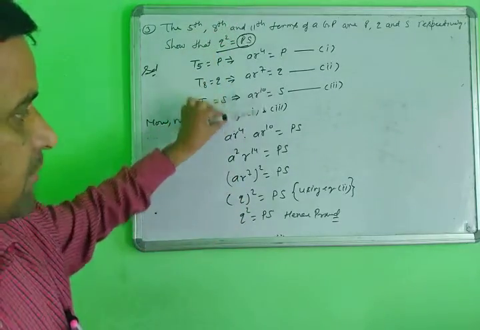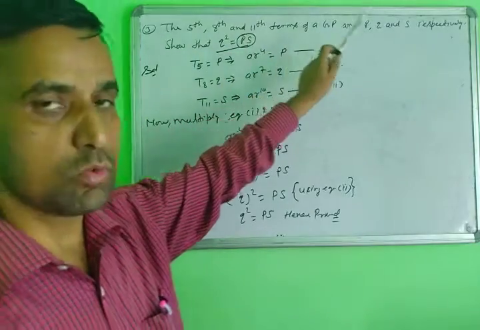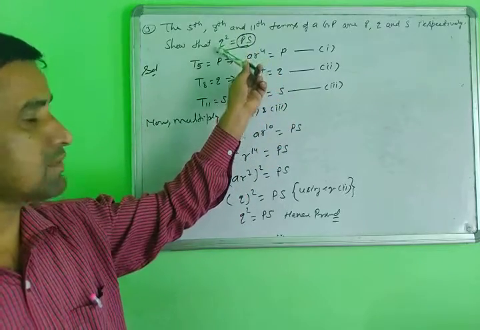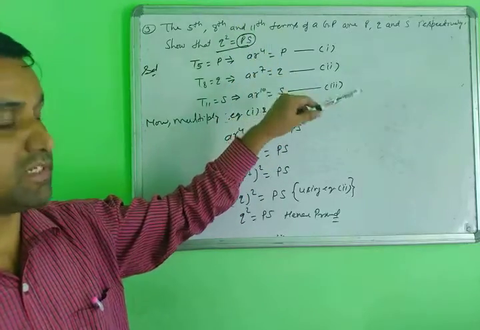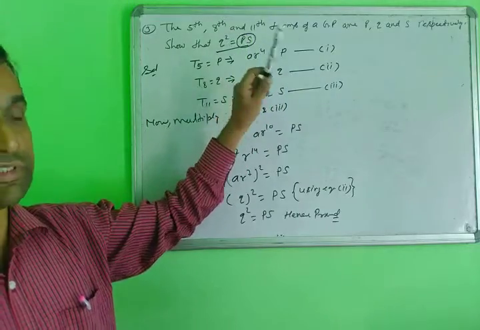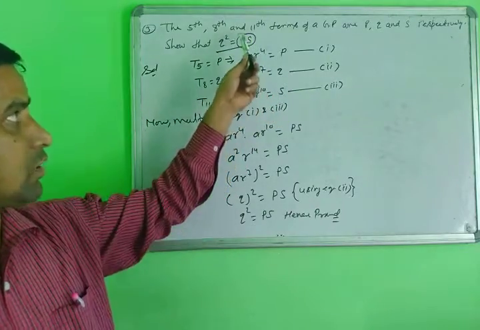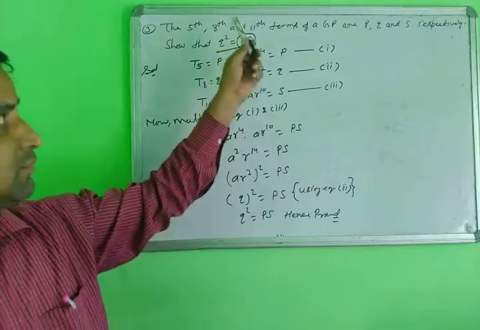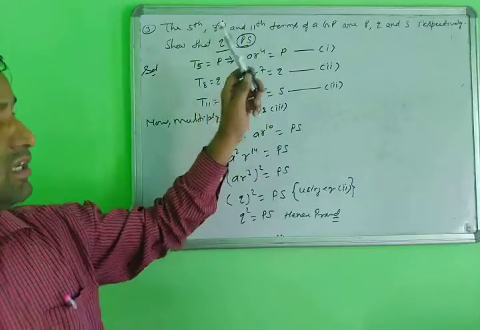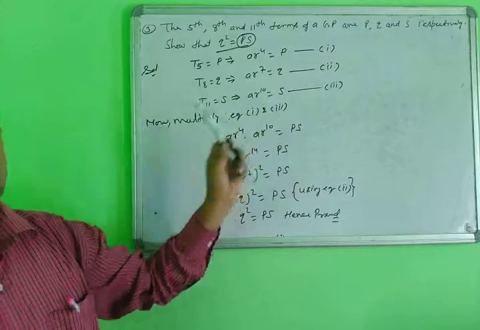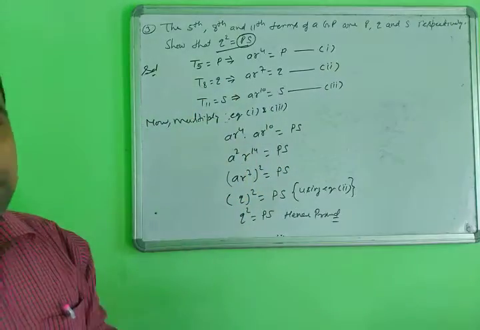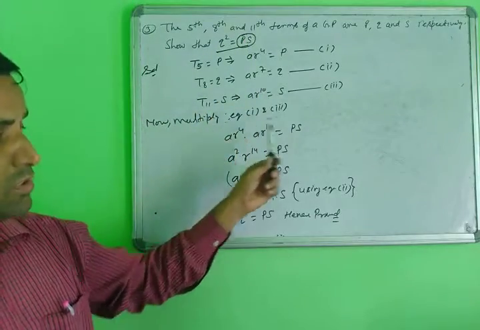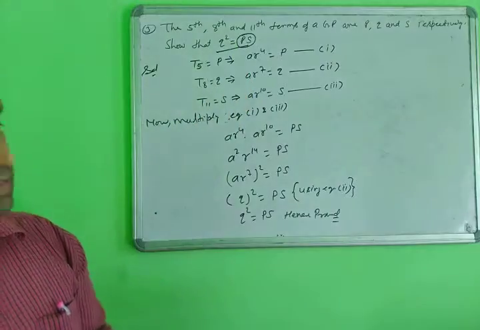Suppose any question is given in this form, with P term, Q term, N term, general term, any term, then you proceed in this way. Focus on what is given on the left side and on the right side. If it is multiplication form, addition form, or subtraction form, you use the operation according to the given condition. If it is addition form, you add the equations. If it is multiplication form, you multiply the equations. If it is division form, you divide the equations. In this way, you will solve every question, using the operations according to the given conditions.